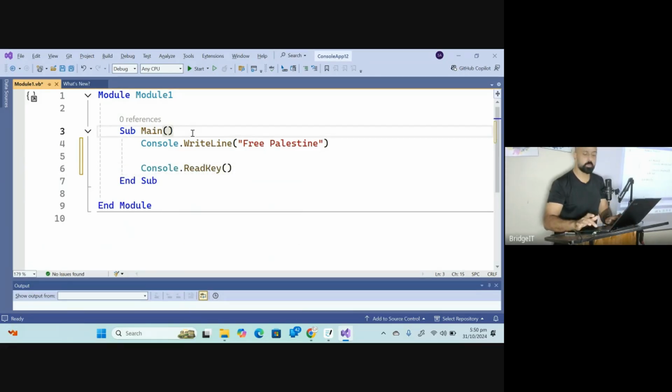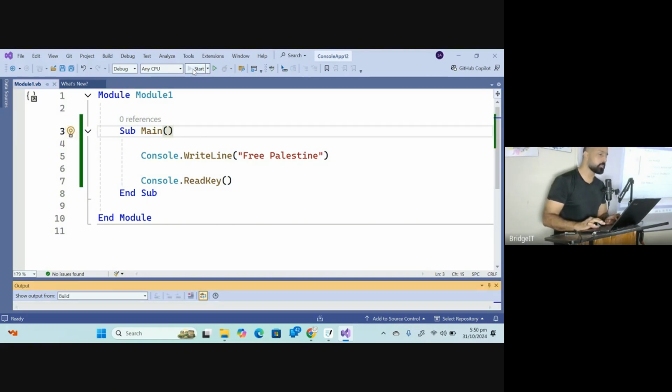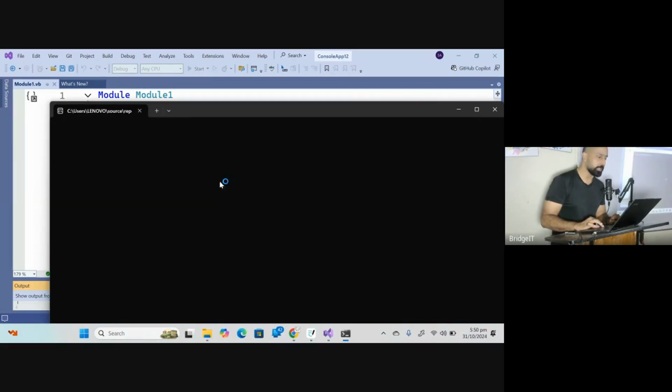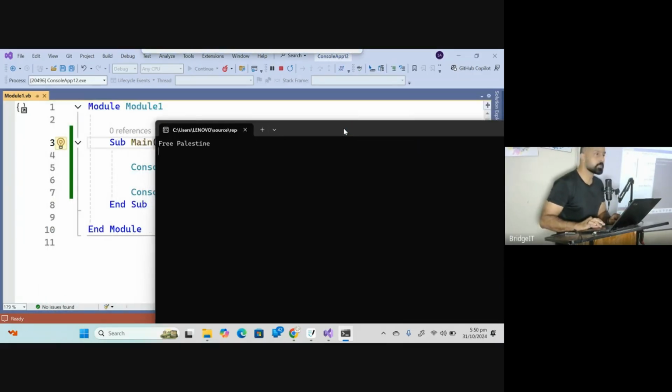I've just written one message, that is Console.WriteLine. If I run the program, it will display this message on the console. The console is that black screen that will pop up, and it will display the message once only, like this. Can you see the message? Okay.